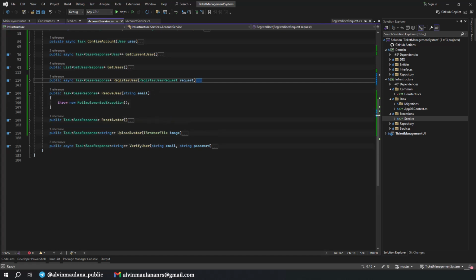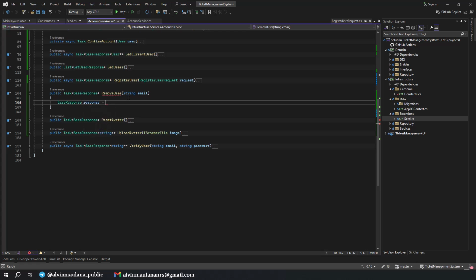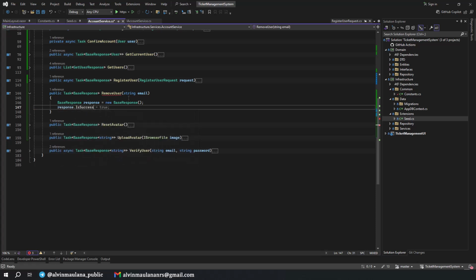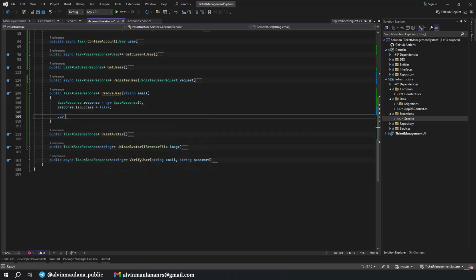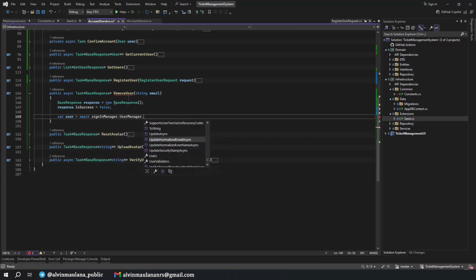It's not actually removing the user, but instead we will hide it. So we will set is disabled to true. This user should not be able to log in and not be able to be seen in our user management. First let's define the base response. Response is a new base response. Response success is false, and we try to get the user, await sign in manager, user manager, find by email asynchronous.